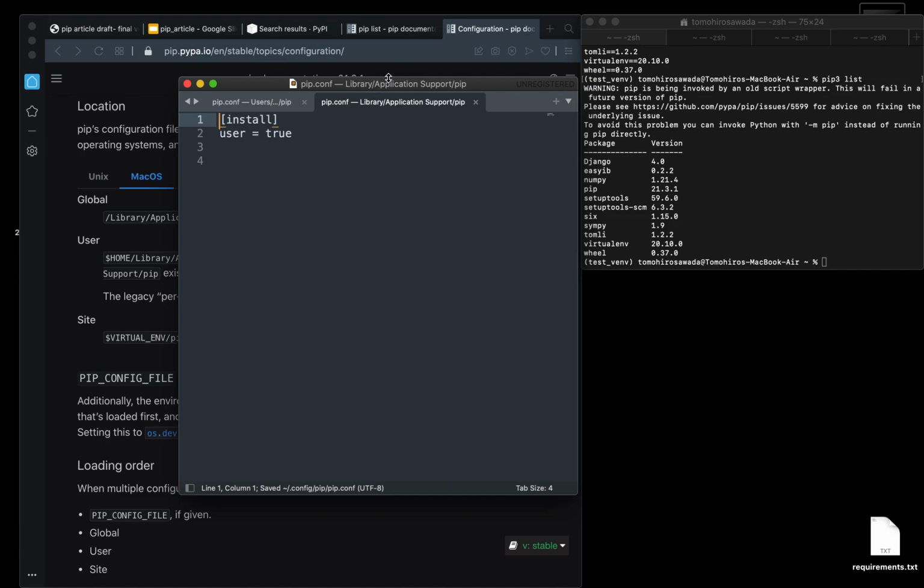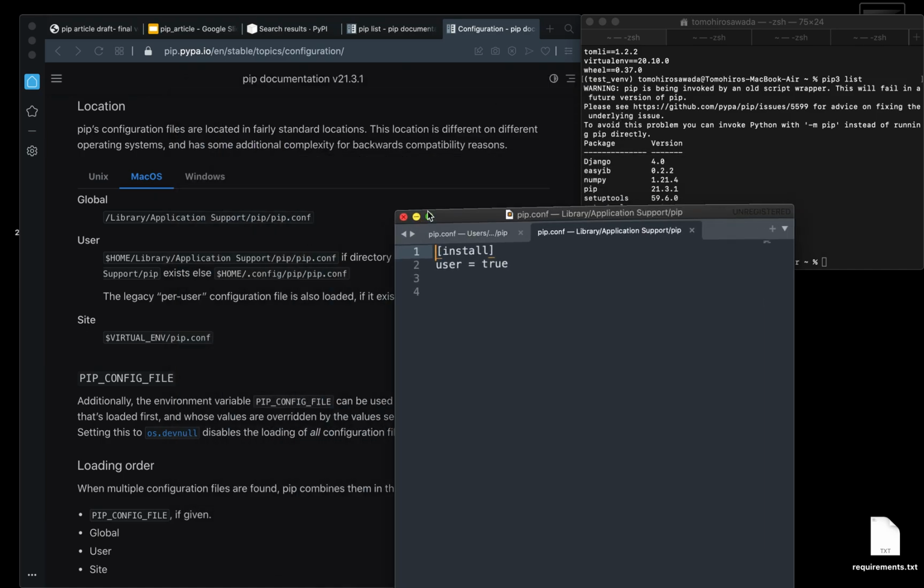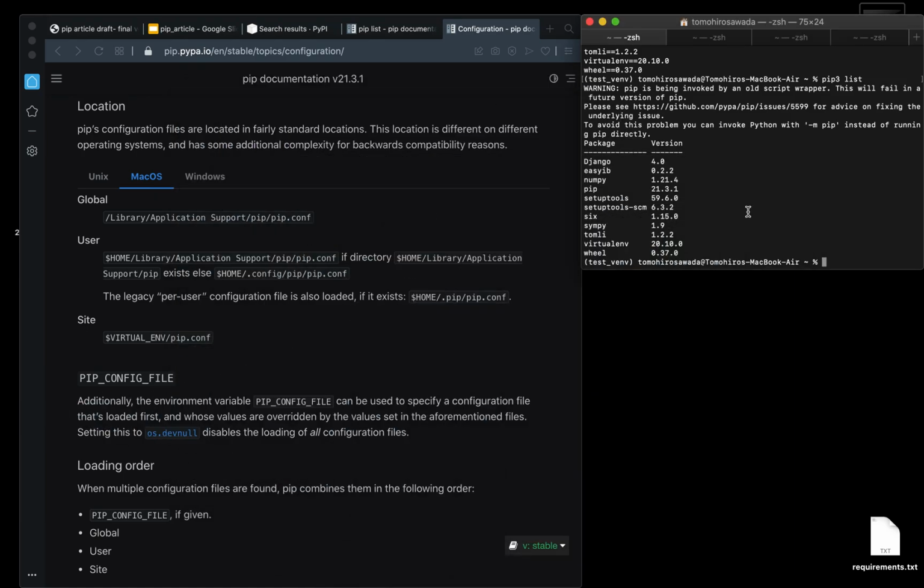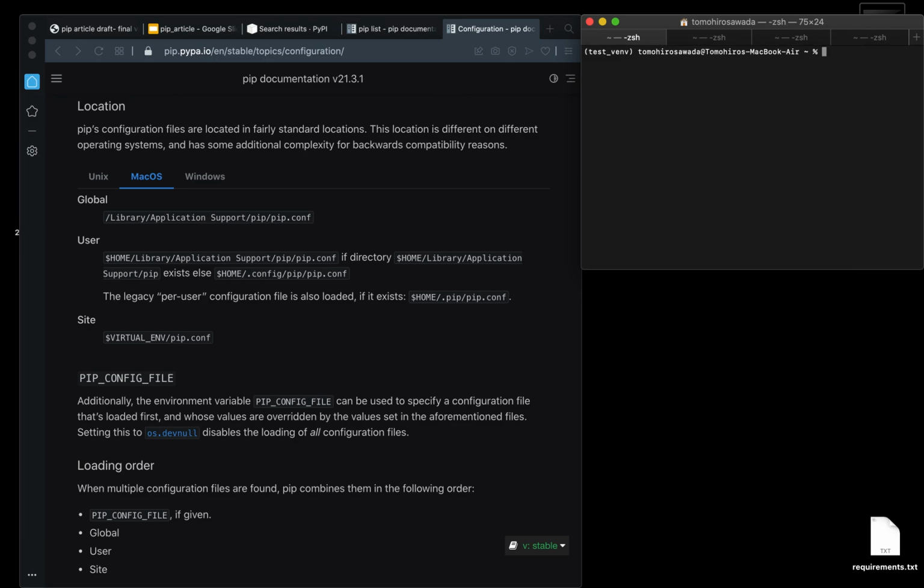Okay, so now let's look at what the pip config function can do. The point of the config function is that we can interact with the configuration file from terminal. So if we, for instance, wanted to look at